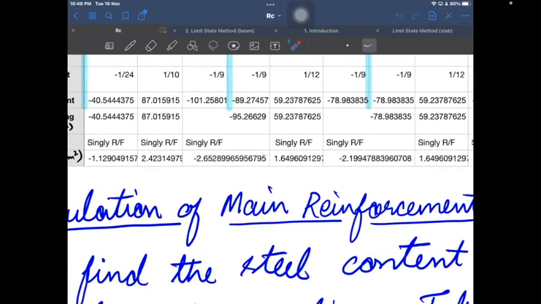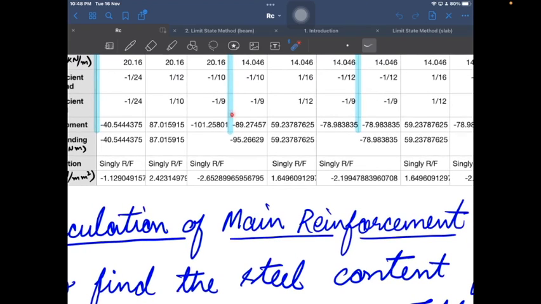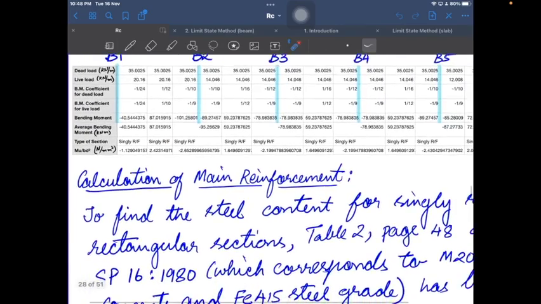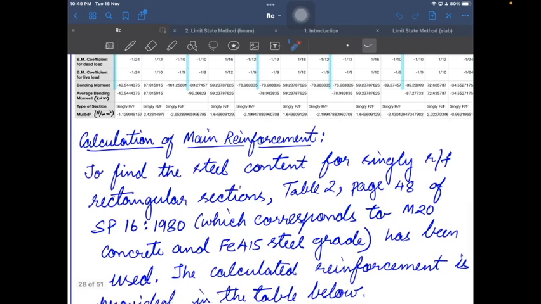And one more thing, luckily here I have got my bending moment as 101, which is more than 99. So my luck is so good that the average has brought it down to 95, and I have to give singly reinforced. Yeah, my luck is good. I just hope your luck also turns out to be good.